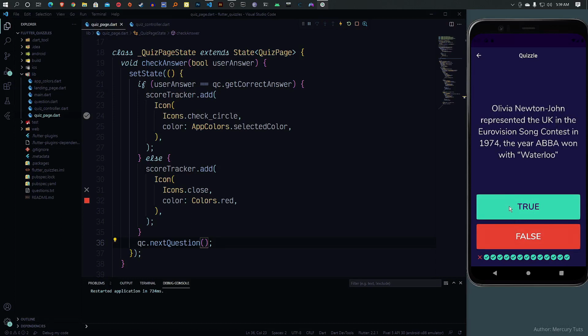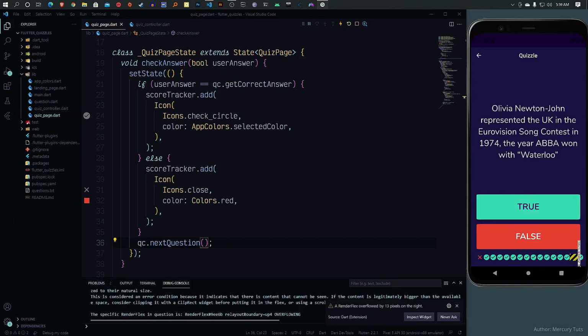Olivia Newton. I think this was false, right? It's okay, I got it wrong. So this is the end of the question, as you can see. But notice this, if I click, it's still adding. You see that? It is still adding, which is not supposed to happen because we've got to the end of the question. And so